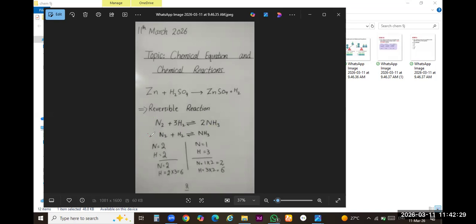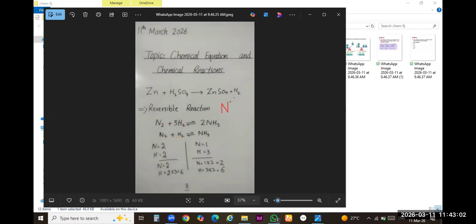Now, first thing, beta, you should also learn to balance the chemical equation. How can we learn balancing the chemical equation? First of all, write down the molecules as they are. No need to write the coefficient. These are subscript values and these are coefficients. Clear? We cannot change these values, class. I have told you many times, we cannot change these values because these are chemically bonded with each other.